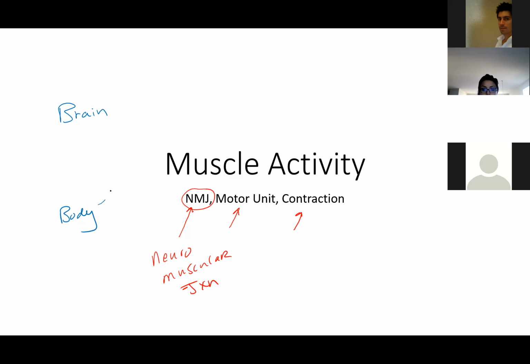As the body communicates to the brain, that is afferent communication. And as the brain communicates to the body, that's efferent. So body to brain,